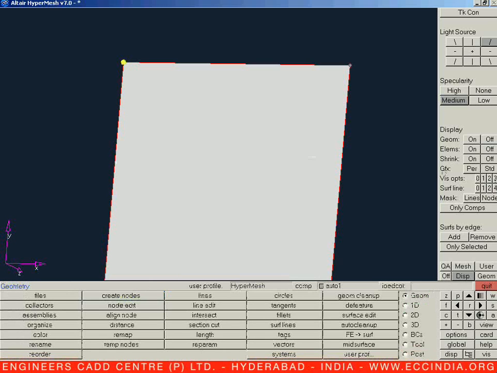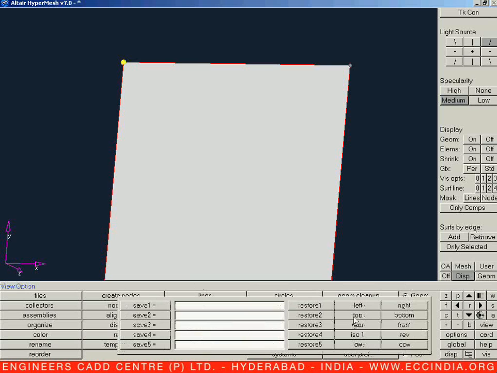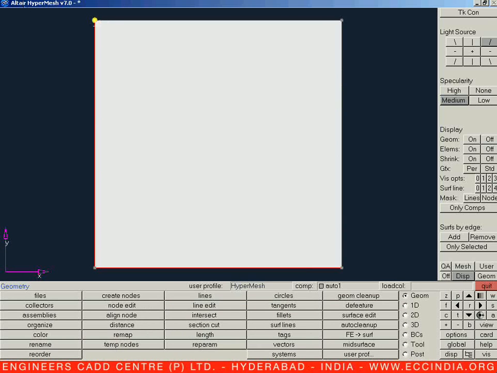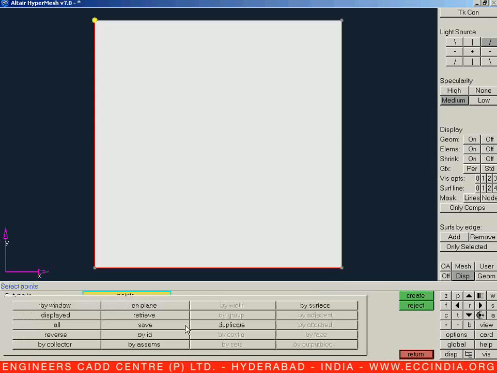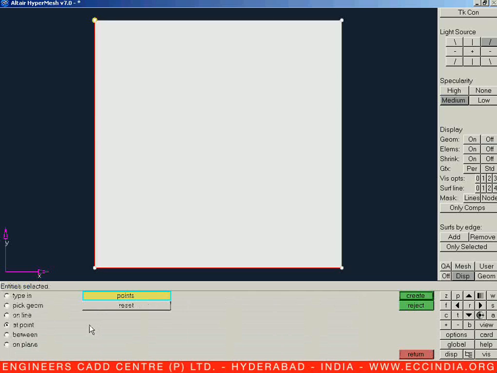If I see it in visual option 3, let us say view one top, we can see one yellow color node is plotted over here. Let us say F8 again, create a node at point. If I want to create a node at all points, if we have a lot of points on our screen, let us go for a single click on the yellow display named points. Once we click on that, we can see a new pop-up window located over here. If I say points which are displayed or all the points, it will select all the points on your screen. So let us say all.